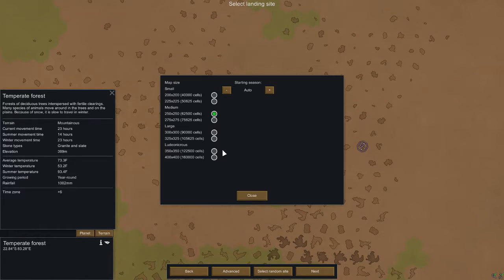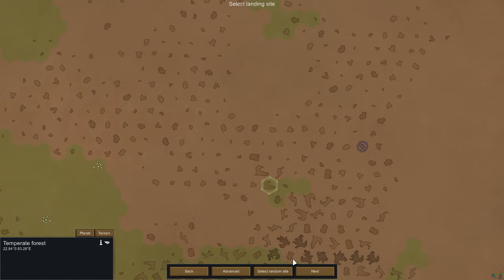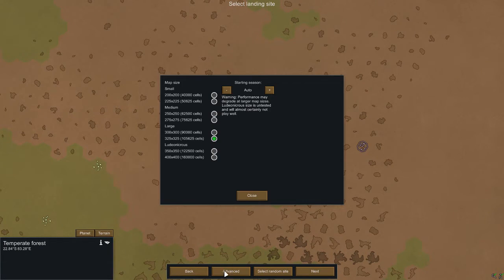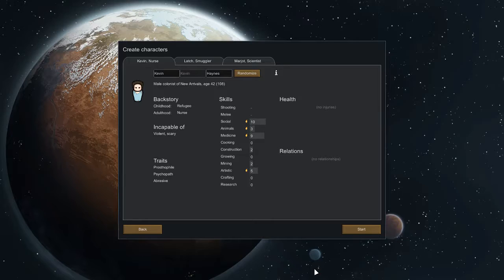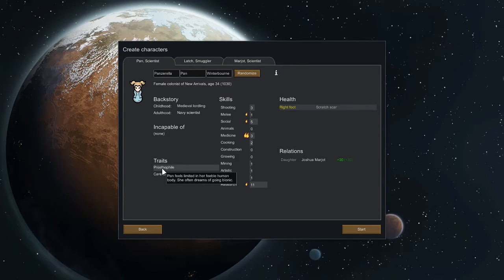Let's do this. Let's go with a 325 by 325. It saves. Yeah. We're going to go with that and go ahead and get our colonists going here. I don't want to do too much switching around in here, but